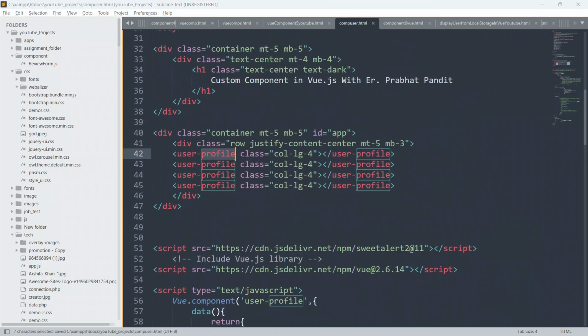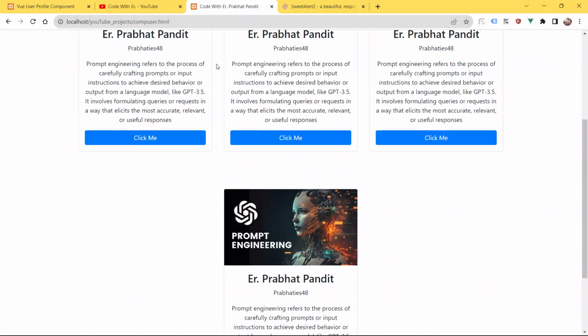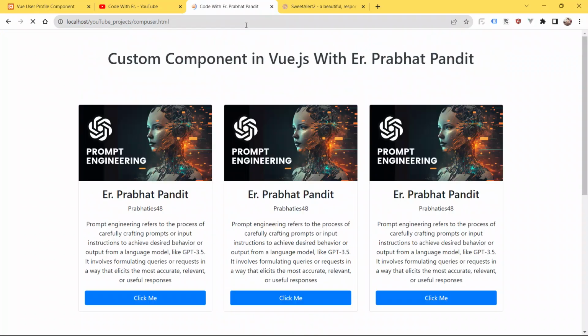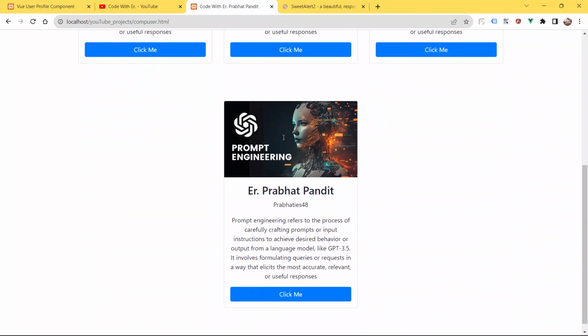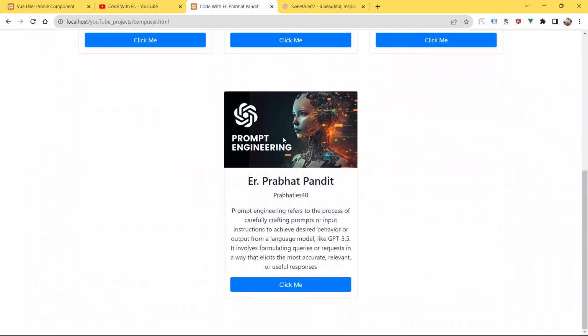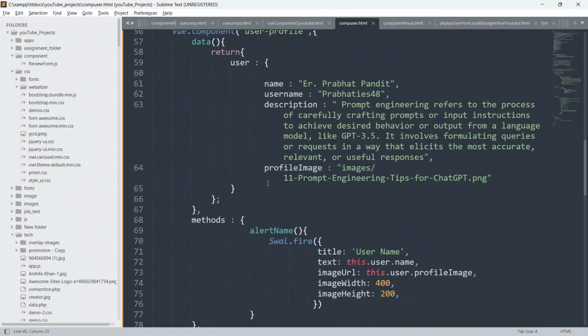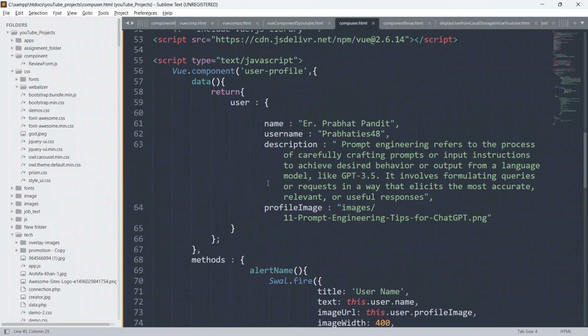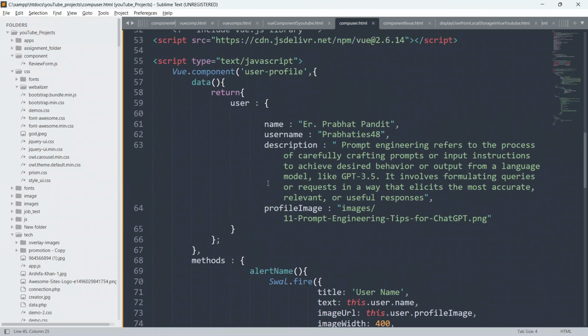Okay, so guys, let me just explain. Just refresh this page first. As you can see here, we are creating multiple copies of a single custom component inside Vue.js. So always remember, whenever you are creating a custom component inside Vue.js, you have to use the function